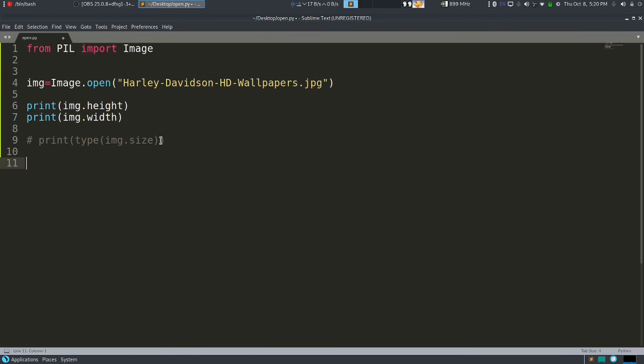If you want to print the format of that file, what is the extension of this file, we can see here that .jpg is the extension. But if you want to print the file type of that image, we can print it with the help of img.format. This will give the format, what type of format it is.